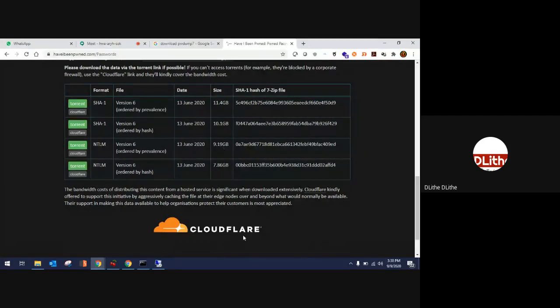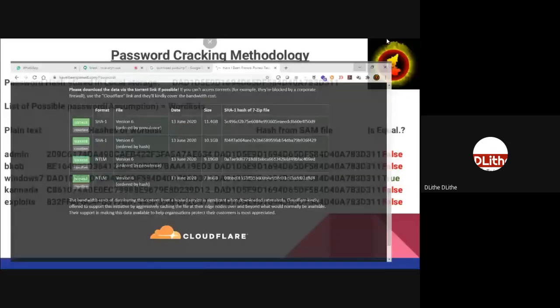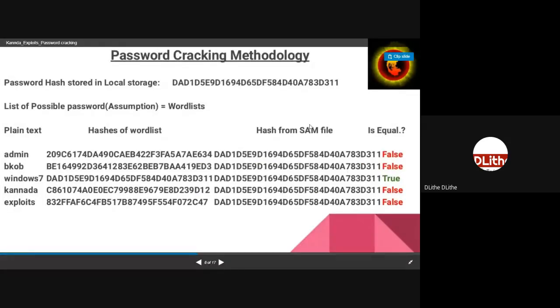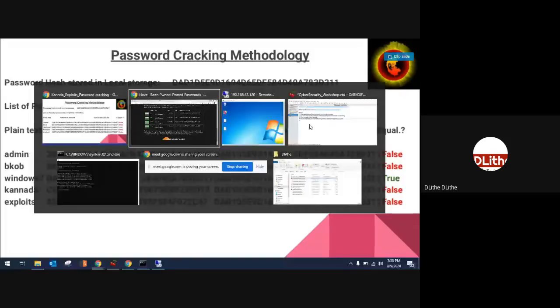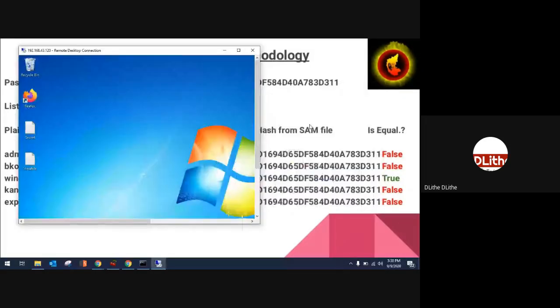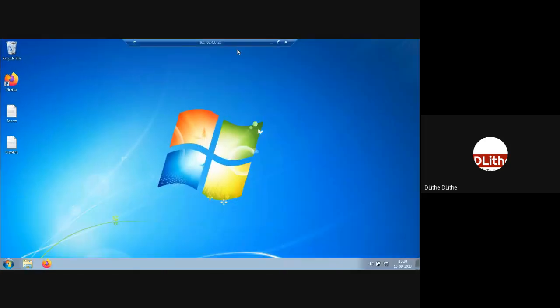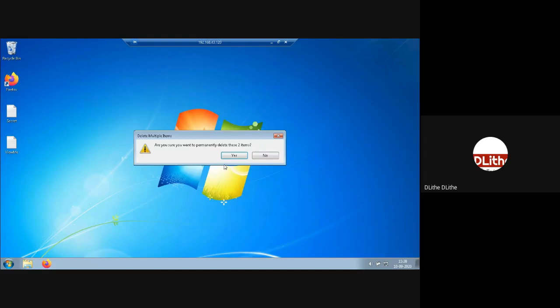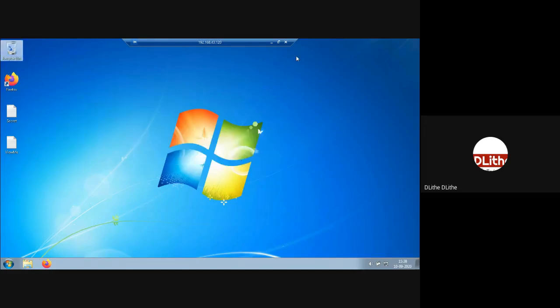It's a huge list containing the most commonly used passwords, updated as of June 2020. Or you need to do information gathering about that particular victim. You need to go through his social networking, his likes and dislikes, and the words he may commonly use in his passwords, and build that particular word list. As simple as that.